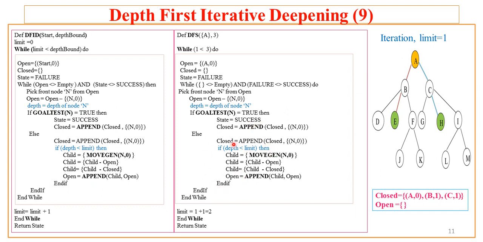So at this point of time, what did you observe? For limit 1, it first accessed the depth level 0 element, then the depth level 1 elements. At the beginning, that is limit 0, it started with A, then it incremented the limit value. After that, it accesses A and then B and C. As neither B nor C is the goal, it has a path like A, B and C. It is repetitive DBDFS.